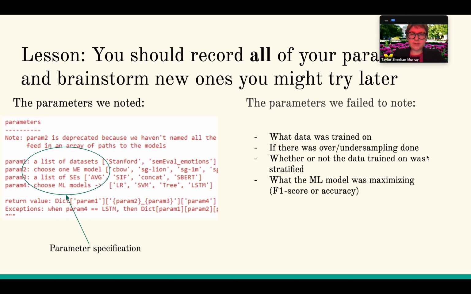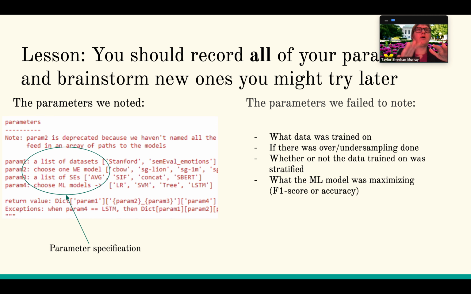So, a lesson I learned from this is that you should record all of your parameters when researching, and you should brainstorm the ones you might try later. So we noted 4 parameters, I think, in our specifications for our data, so our results, right? But we failed to note at least 4 other parameters that we changed later on. And so we wish we would have noted that we were doing something with it earlier, saying, like, no undersampling or oversampling done.